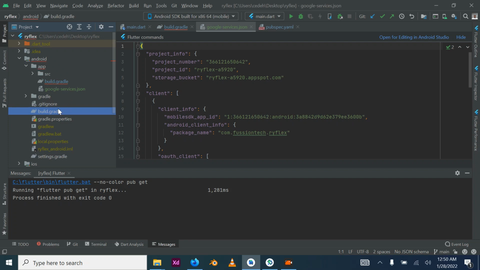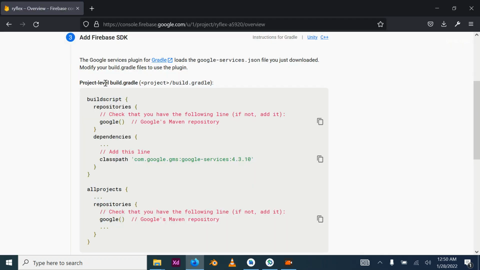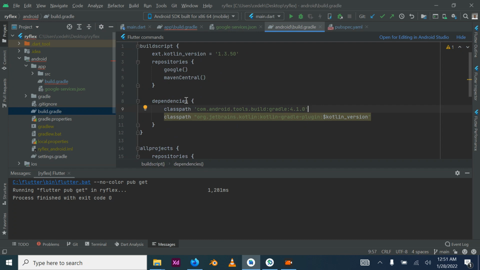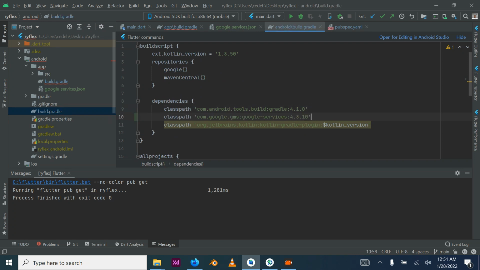The second one is outside. So the one outside is for the project level, and that is where they say we should add this project level. So I come over to this place and open this. So this is our dependency. I'm going to add it in between this. So I add this in between this, and then